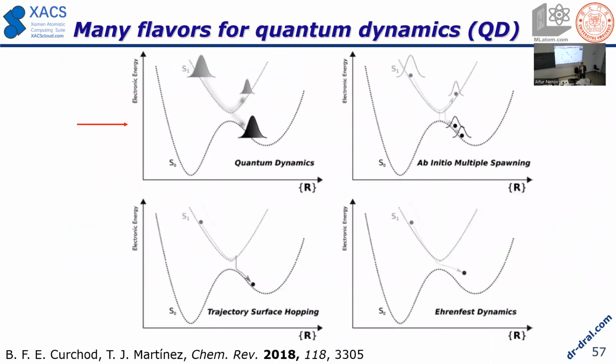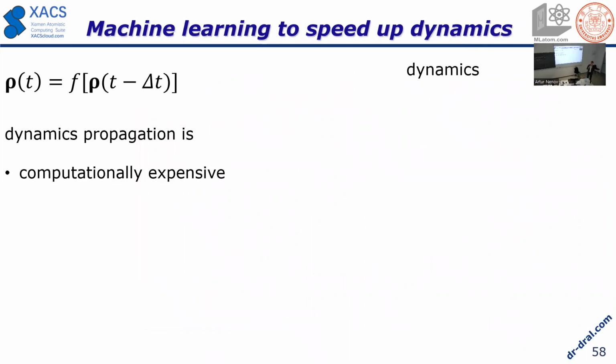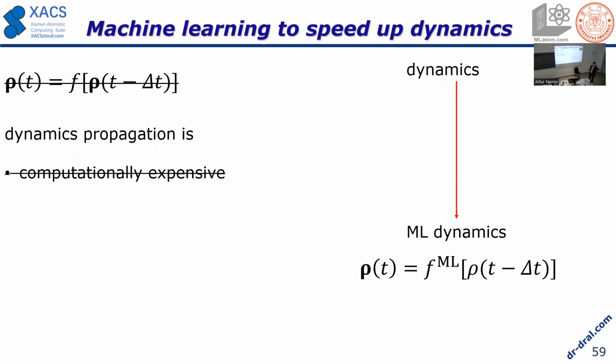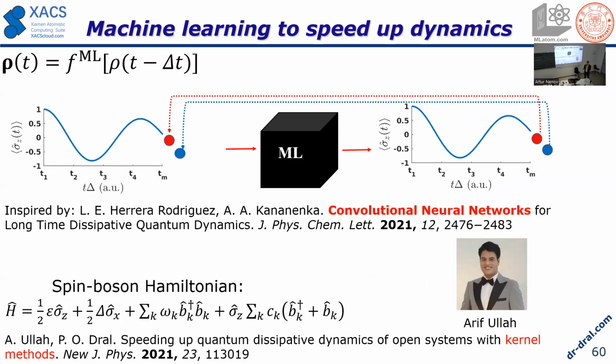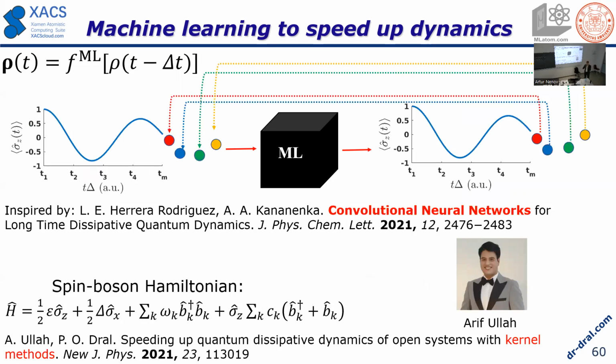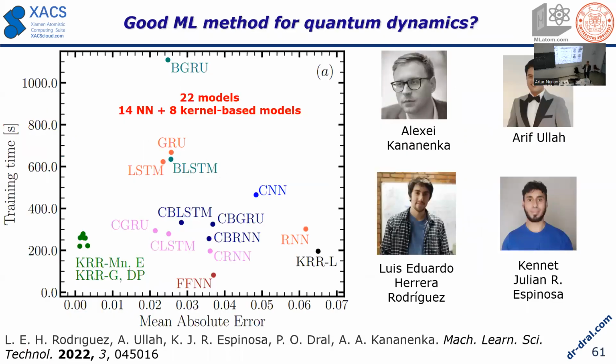Now, one more thing that we can do, instead of trajectory surface hopping, is quantum dynamics. That was basically done by my postdoc. He is a specialist in quantum dissipative dynamics. But the idea is very similar. In all the dynamics you have some property depending on the previous steps in the calculation. That's why it's quite slow. It's a slow process. You can use machine learning to predict the next step, and then that would be repeating itself many times. So then you can do it with many different methods.